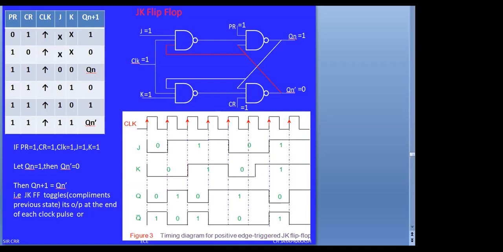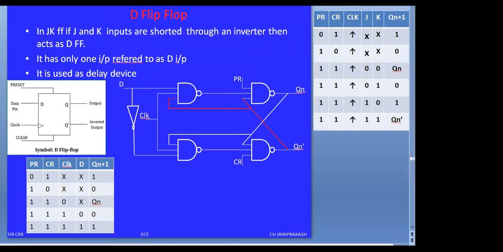And then the next flip-flop we have discussed is D flip-flop. In D flip-flop, when the J input is connected to the K through the inverter ద్వారా కనెక్ట్ చేస్తే we call this as D flip-flop, delay flip-flop or data flip-flop. The meaning ఏంటంటే ఇన్పుట్ లో 0 ఇస్తే అవుట్పుట్ లో 0 వస్తుంది, ఇన్పుట్ లో 1 ఇస్తే అవుట్పుట్ లో 1 వస్తుంది. ఎప్పుడు వస్తుంది? సర్టెన్ డిలే. ఎంత డిలే అది? క్లాక్ పల్స్ అంటే క్లాక్ పీరియడ్ ఎంత ఉంటుందో అంత డిలే కనిపిస్తుంది. ఓకే, this is the D flip-flop.